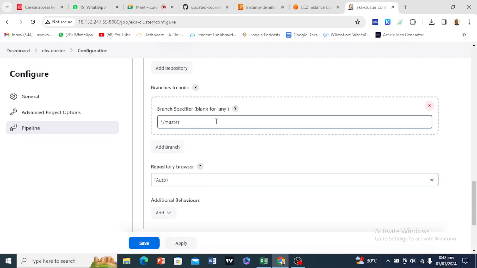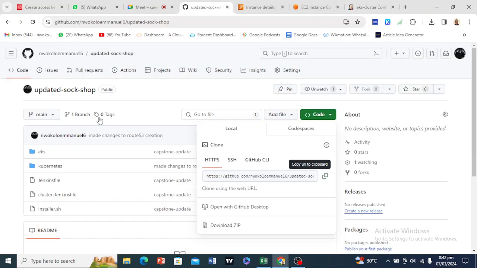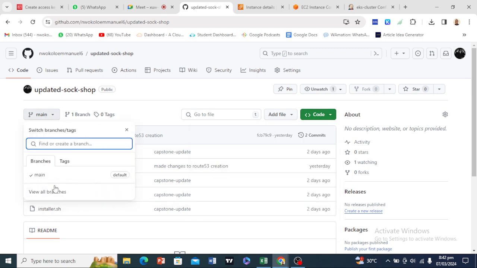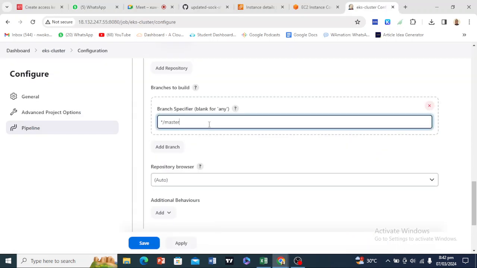And now the branch, we need to look at the branch. What branch are we deploying everything in? You can see that the branch here is a main branch, right? It is not a master branch. Basically, there's no master branch here. So it's just a main branch. We need to come over here again to change this to main